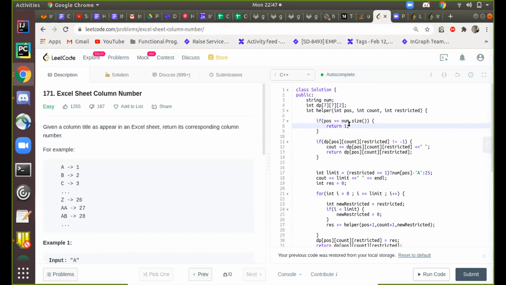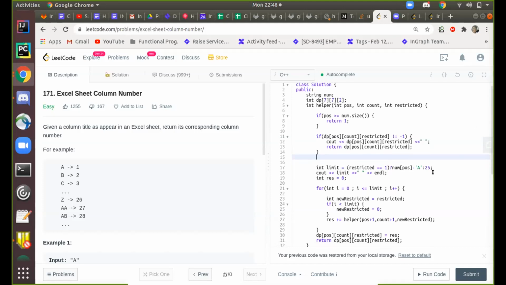Template is fixed for that, right? So position, count, restricted, and the position greater than num size. So if there's no limit, then I'll go for every character at this position. Okay, yeah, you're calling it recursively.